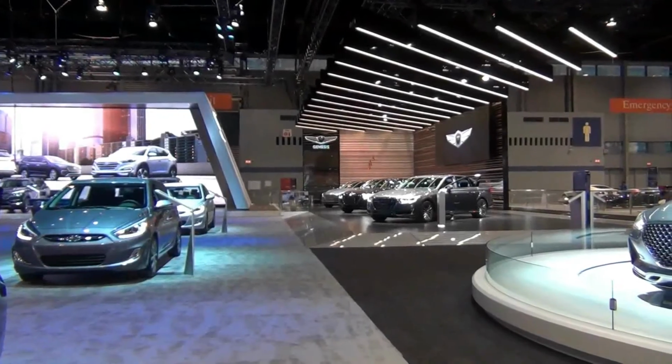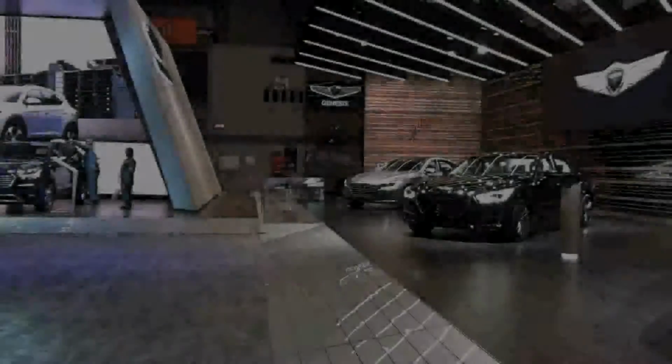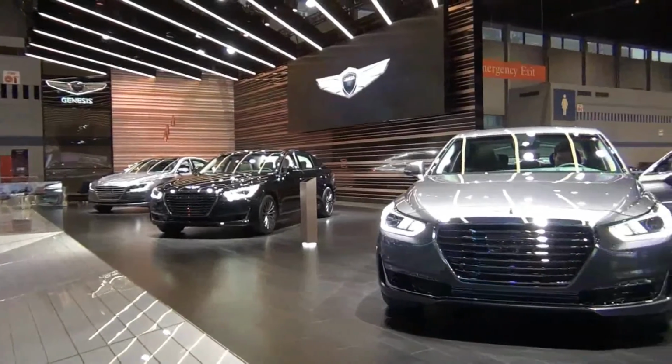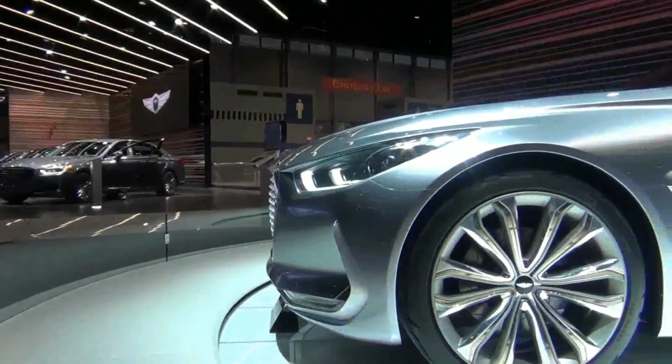Hyundai recently launched Genesis as their own luxury division, and they had a pretty cool setup here at the Chicago Auto Show that was really well done. So I figured we'd check it out, take a look around, and see what they've got. So the first vehicle that I'm going to show you here is the Vision G concept, and this was a